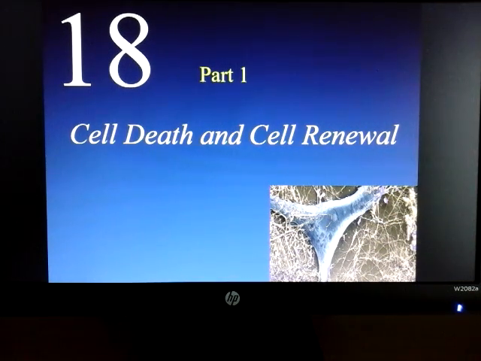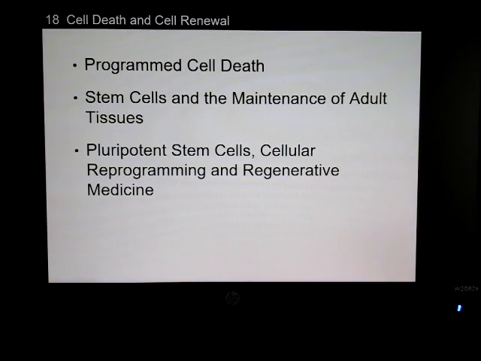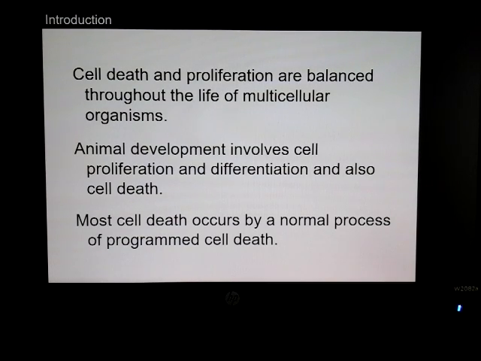Today's lecture is on cell death and cell renewal. So we're going to discuss then in this chapter programmed cell death or apoptosis, a little bit about stem cells, pluripotent cells, etc. So cell death and proliferation are balanced throughout our lives, and our cells are turning over at a pretty rapid